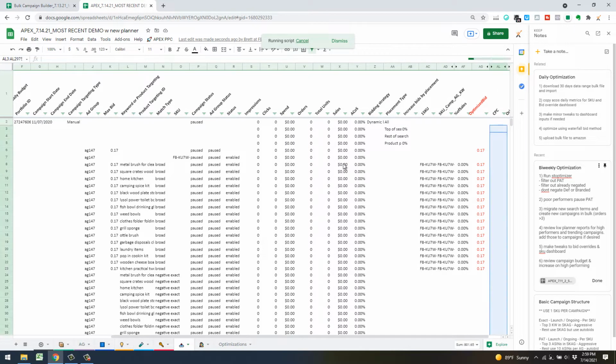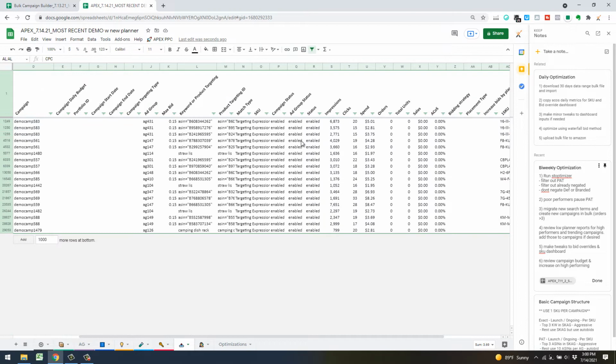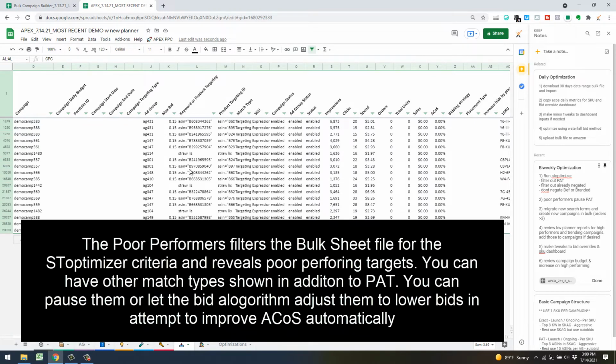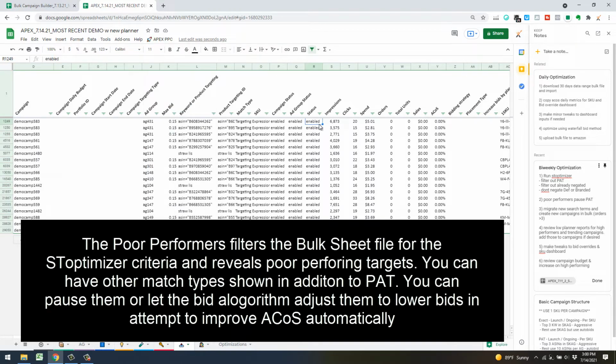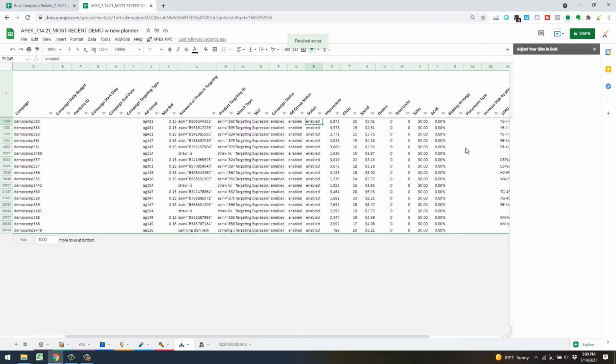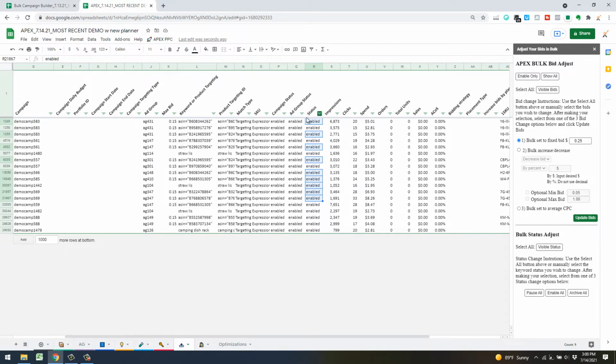And from here, you're just going to want to look primarily at the ASINs that are going to show up. All you got to do here is any product ASIN targeting ASINs that you definitely want to pause, and you got to kind of make that call just by looking at the metrics if it's over your allowance or not. But these are basically being filtered right now for what you have set on the settings tab there under the Stoptomizer. And what you can do if you have a really long list is option A is you can just type in paused and then drag it down here for all the ones you want to pause, or you can use the adjust in bulk feature here and just hit pause all,